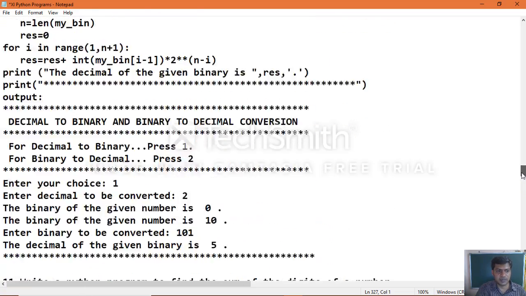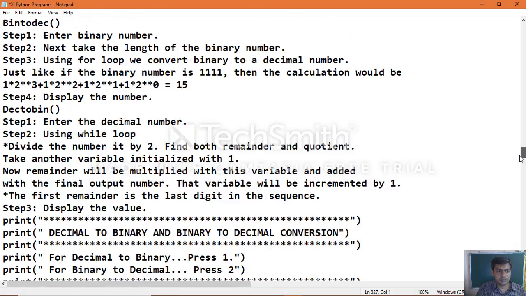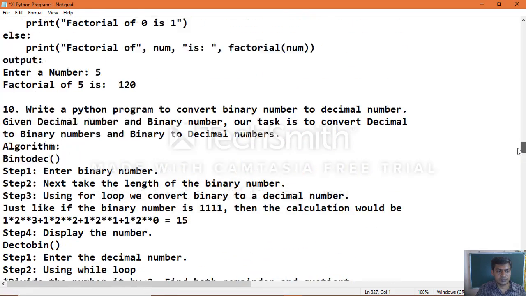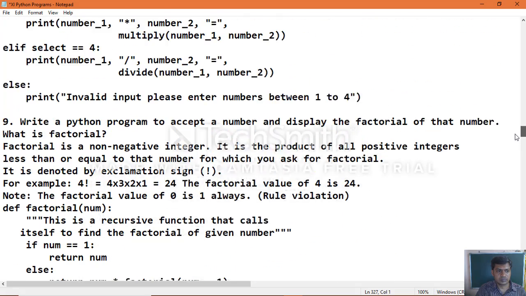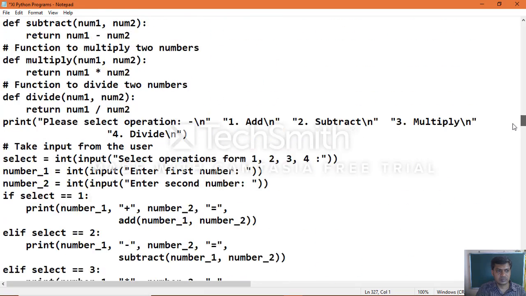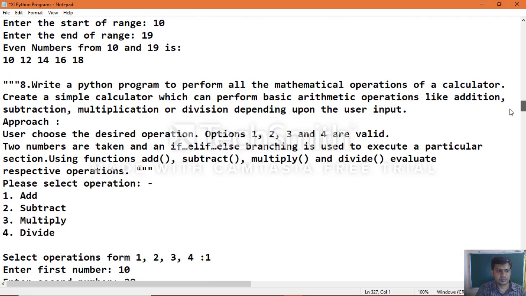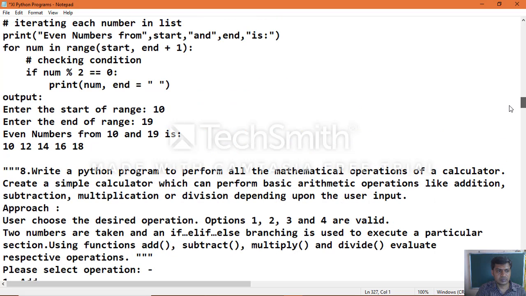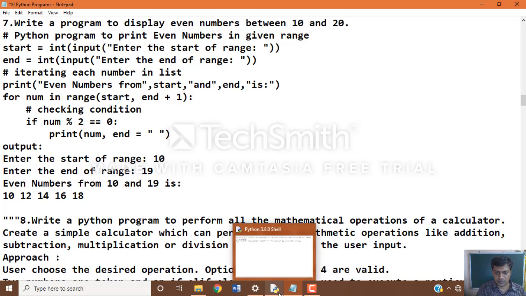Now we'll execute each example practically. We'll execute the first program, even numbers.